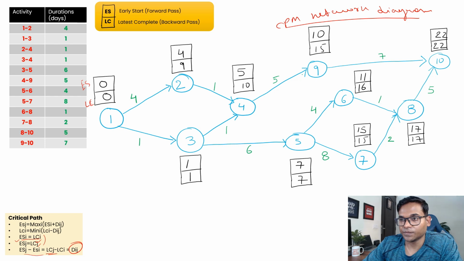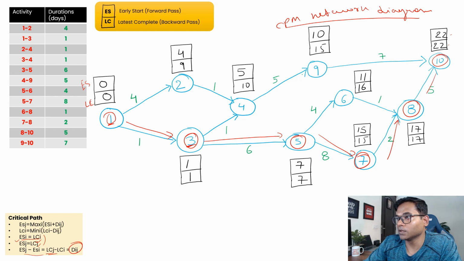And if you see here 1 minus 1, so basically this node is going to be on your critical path. First 3, 7, 7, this is 5, this is not going to be on the critical path. Again, this is 15, 15, and then we have 18, 17, 17, and then we have 20, 22. So basically this is the ending node. So this is what will be your critical